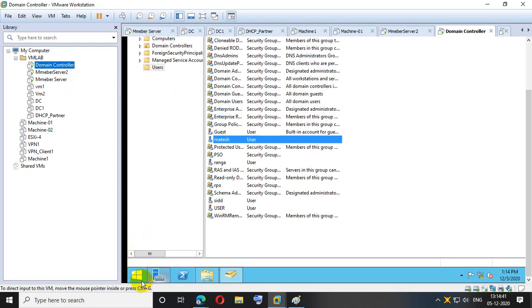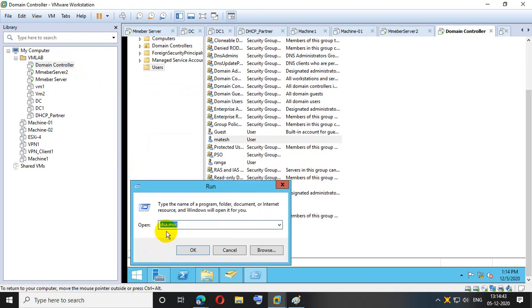First I'm logging in here as Mantesh from this machine, so I'll do some work, then I'll show you the same profile will be stored there. So log off.